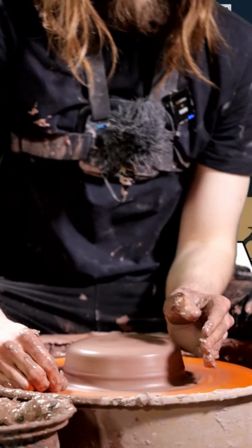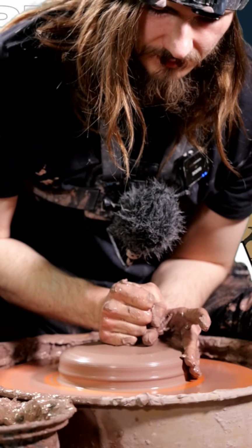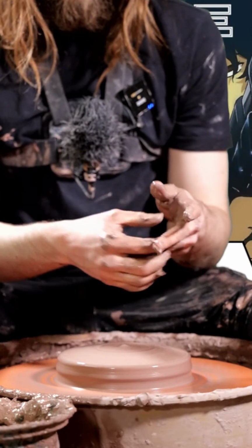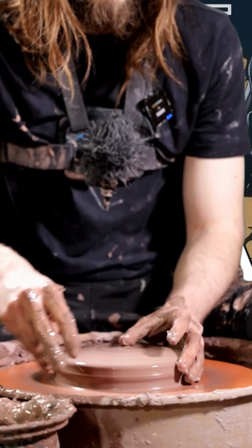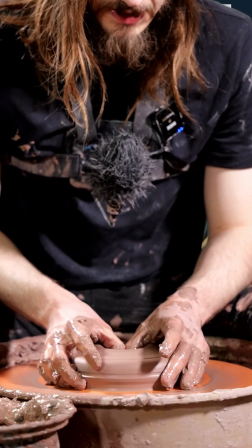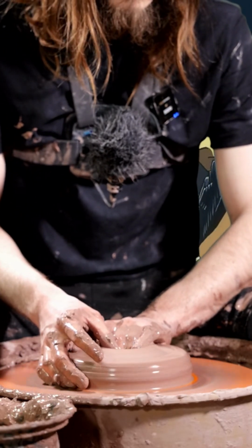And look at that. Right on center we are. Okay. Take our fist, we're going to get a little bit flatter. You know, a lot of people say if you want to get height, keep that narrow on the inside. No, I'm the opposite way. I think the wider you go on the base, the easier it is to make your volcanoes